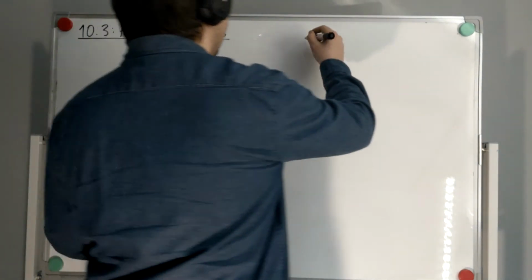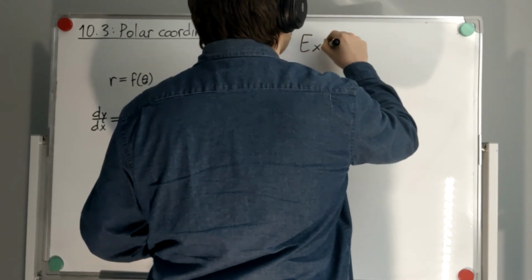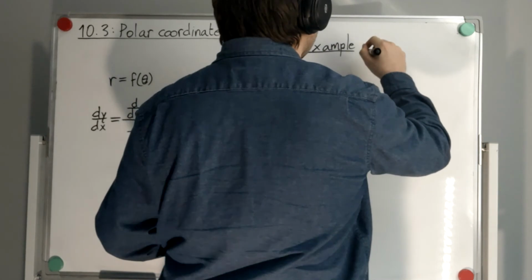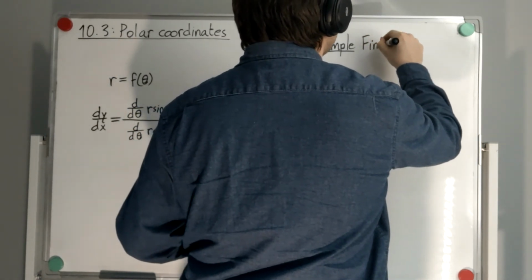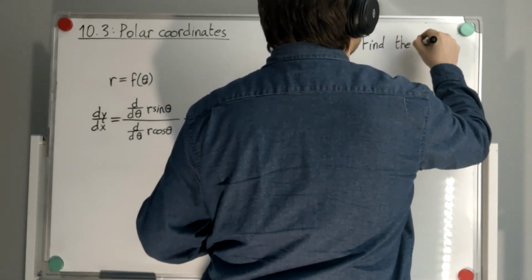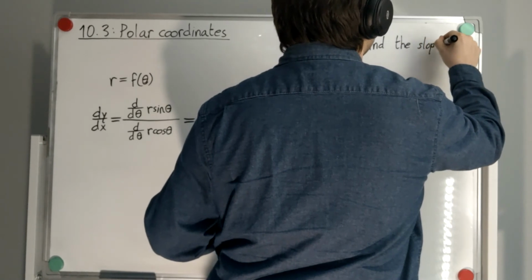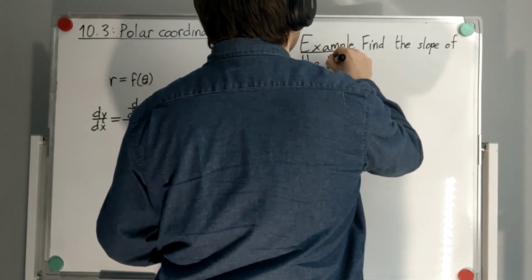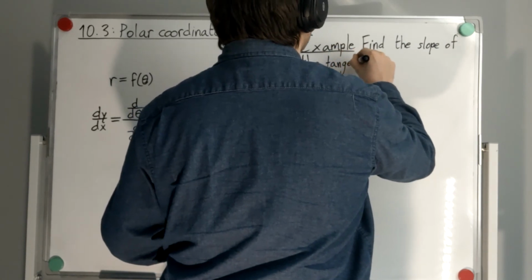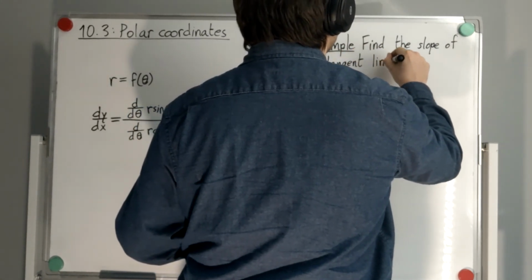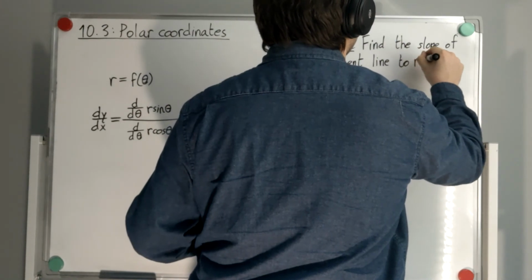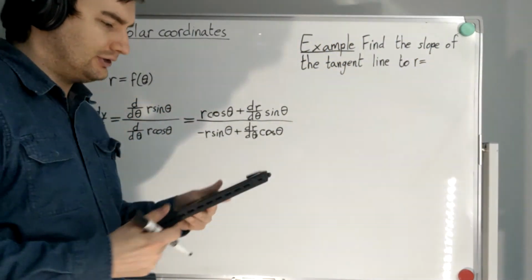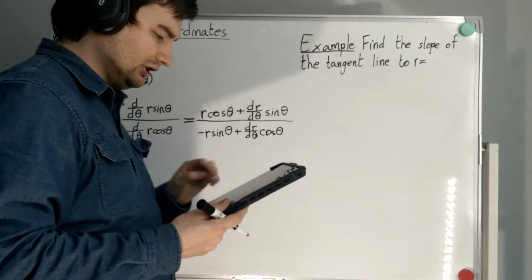So let's see here. We have an example. Find the slope of the tangent line to r equals,